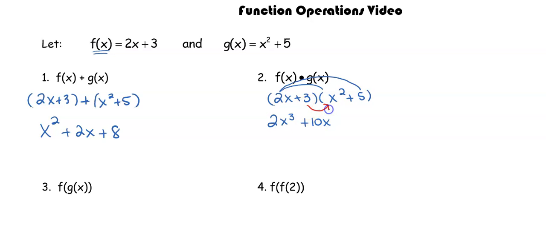Go ahead and distribute the 3. 3x squared plus 15. And I'm going to go ahead and rewrite this, why not, in descending order. So 2x cubed plus 3x squared plus 10x plus 15. There weren't any like terms to combine together, but I went ahead and put it in descending order. In standard form,